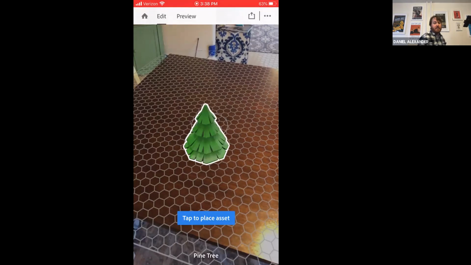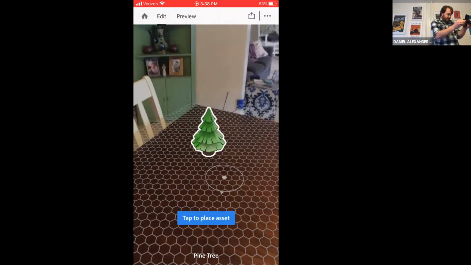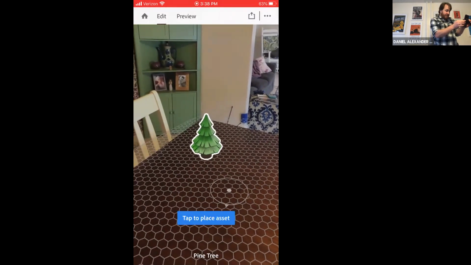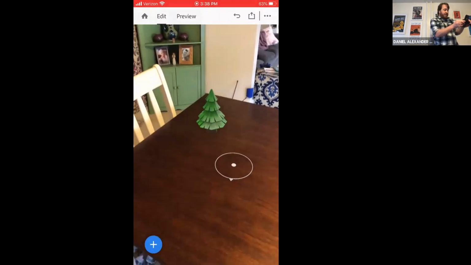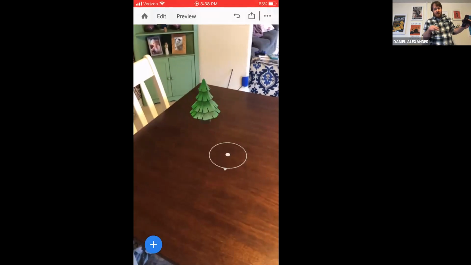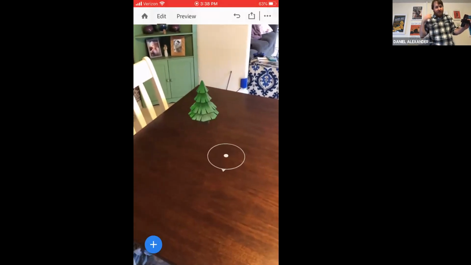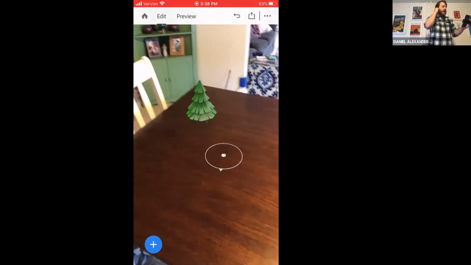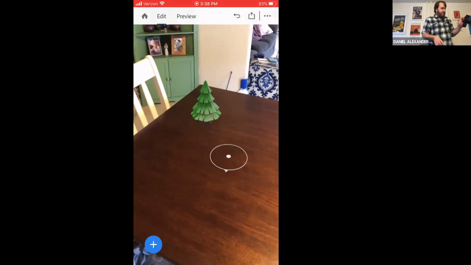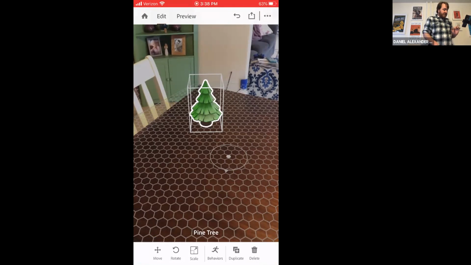All right, so I'll bring this in. I'll kind of place this first. All right, and then rather than go back and keep downloading the trees, because we just kind of want to make a couple, there is also, if you click on this, you'll get a duplicate option at the bottom. So if I just hit duplicate,